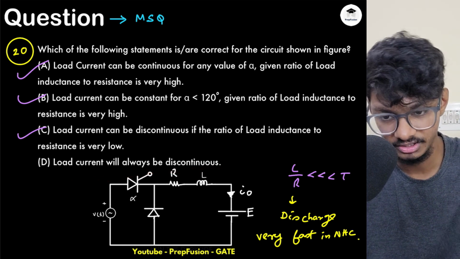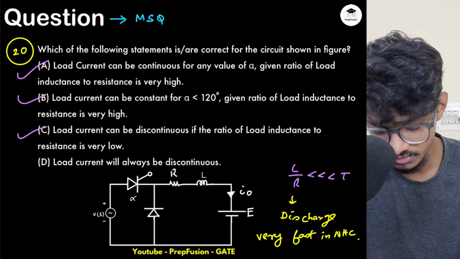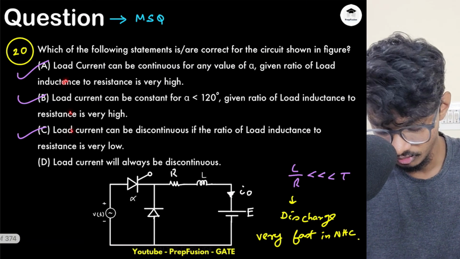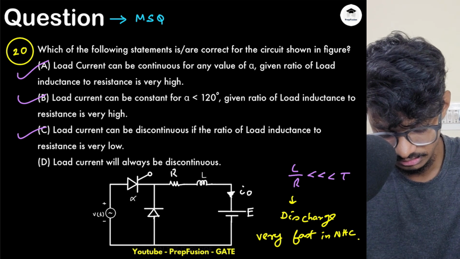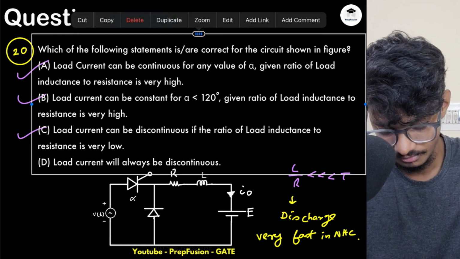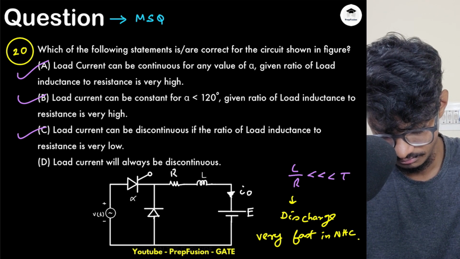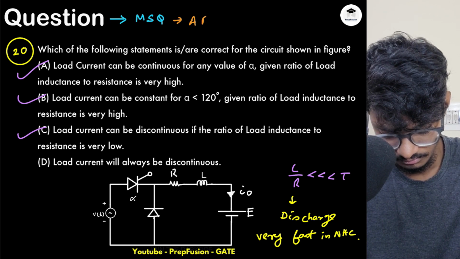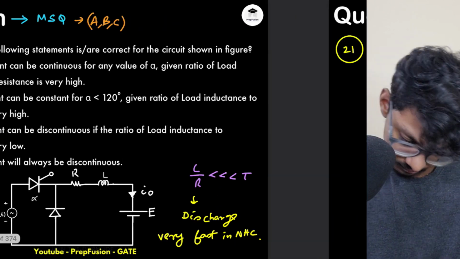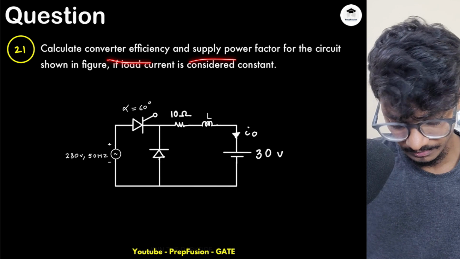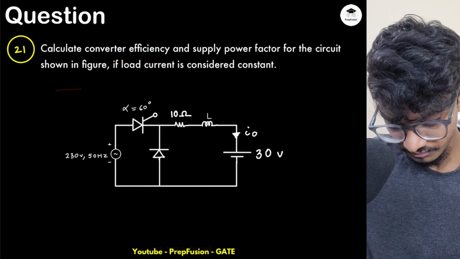Load current will always be discontinuous, no. It won't always be discontinuous. It depends on the value of L by R, it depends on the ratio. So A, B, C will be my answer. ABC. Okay, next, calculate converter efficiency and supply power factor for the circuit shown in figure